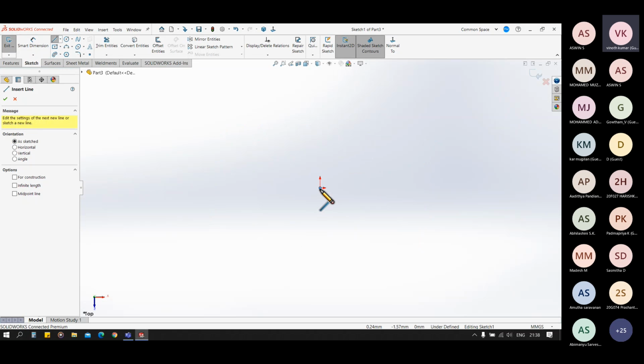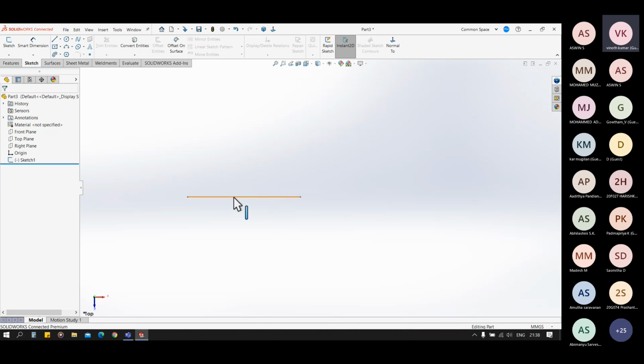Sir, would you explain the other options under curves? Yes.